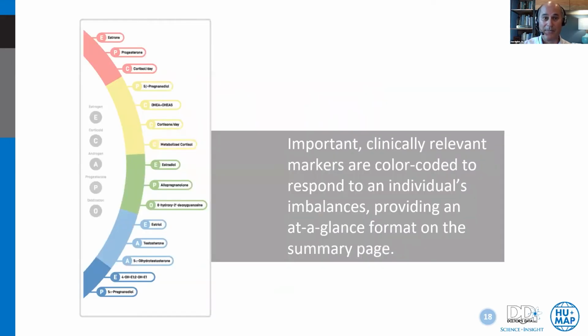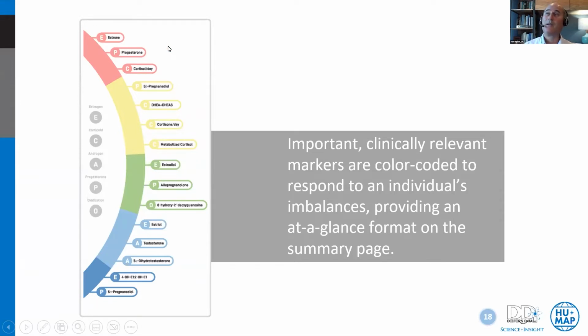Okay, when we look at the labs, we'll get into more specifics on this, but they're color-coded, and not color-coded in a typical way. They're color-coded meaning red is high, the blue at the bottom is low, okay? But just because a level is high or low doesn't necessarily mean it's good or bad. So